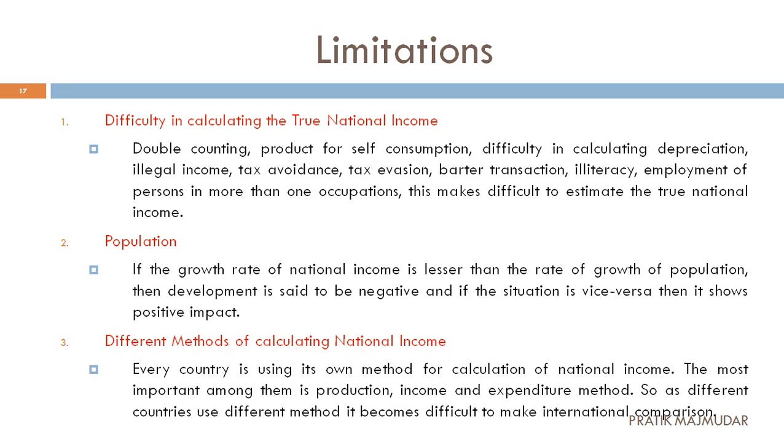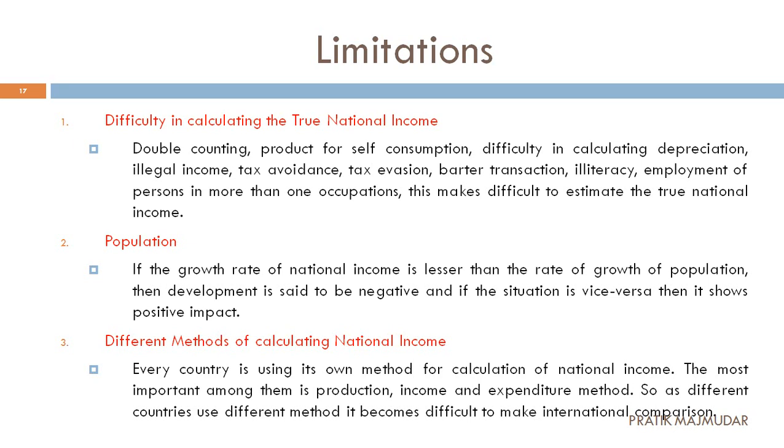First one, that is double counting. Now what is called double counting? When you count the national income two times. Let's take an example. If I have a factory where I'm making cotton, whatever income I'm getting on this cotton, I have to show as national income. I have to pay tax on that. So that is the first one.